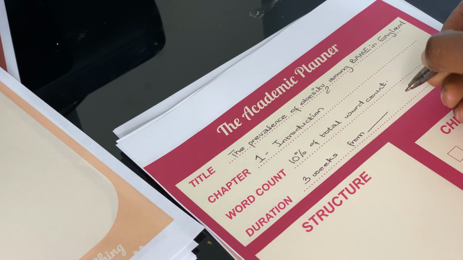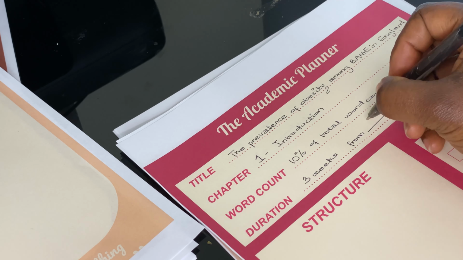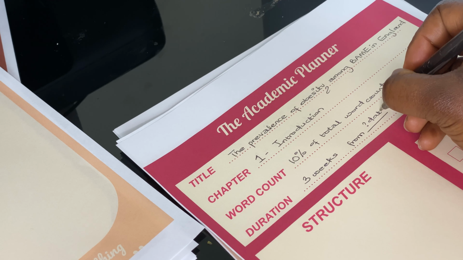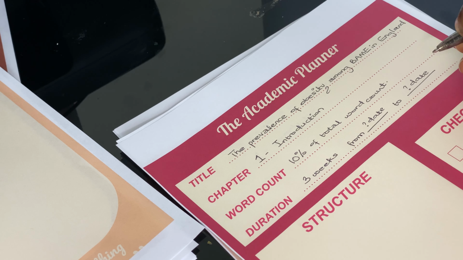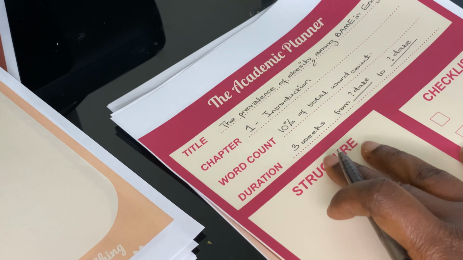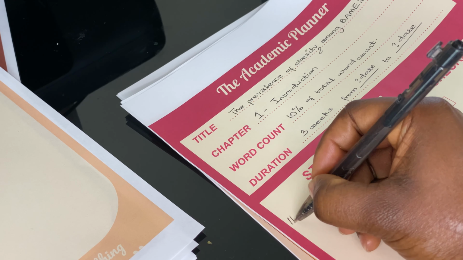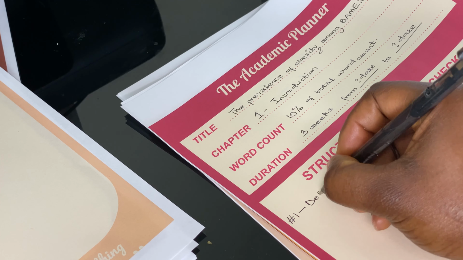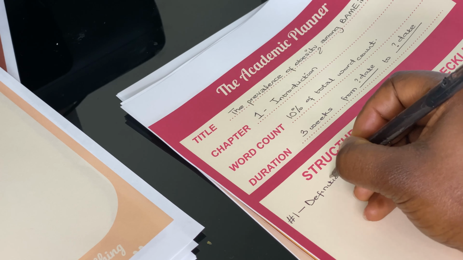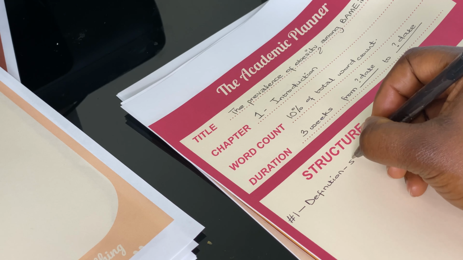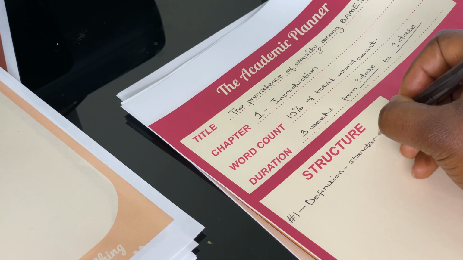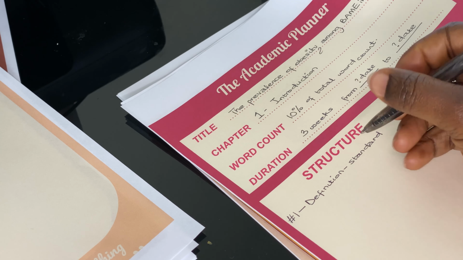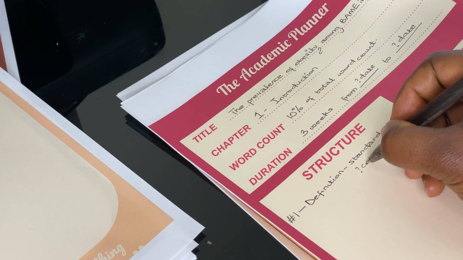You can pick a part of it or a chapter or whatever you're planning for and plan for it. What's the duration? How long do you want it to last? What are the things that you want to see in your essay that you're planning for? So create a structure for it. What this does is it creates a roadmap for you, and it gives you clarity on what to do next and what to expect, so you don't just leave it all up in your head and then get all up in your emotions. Because